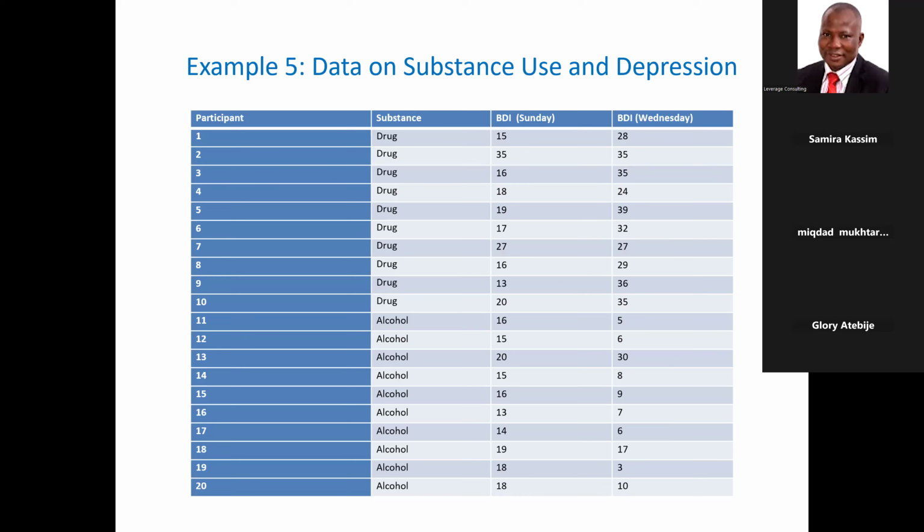The data set, the way it is, combines two things: independent and also paired. So if you consider either Sunday or Wednesday as the score you want to use, this person takes drug, this person takes alcohol. So the people that take drug